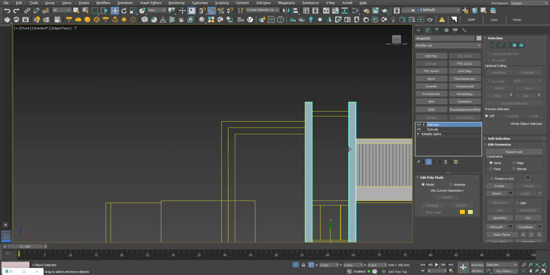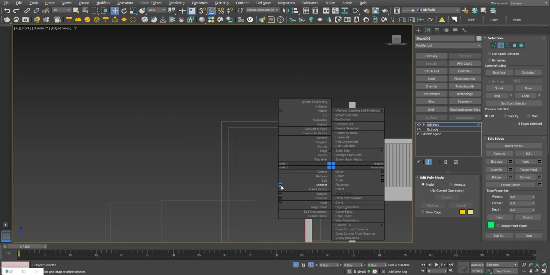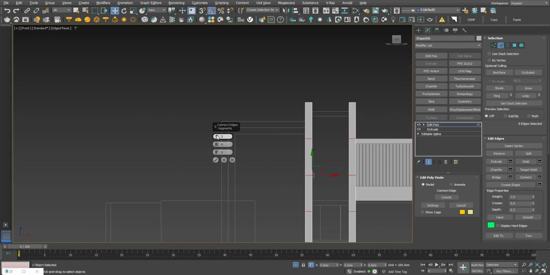Add a Edit Poly modifier and select this edges and connect. Double-click on the edge to make a loop.